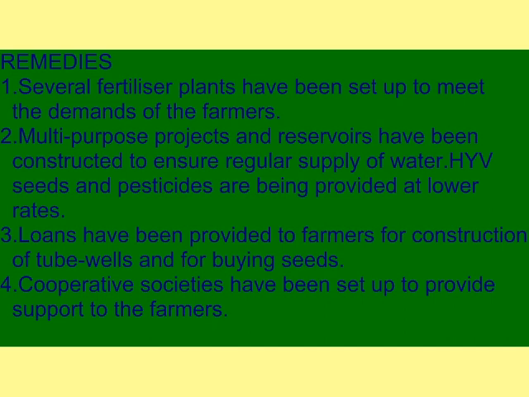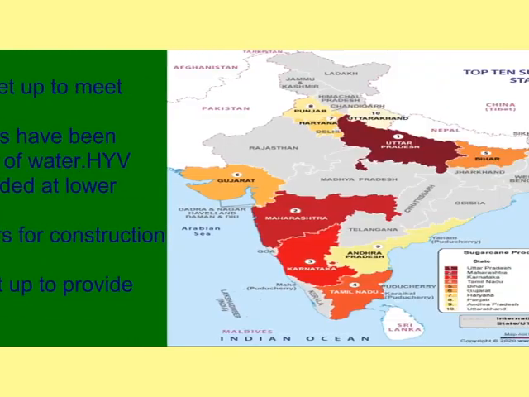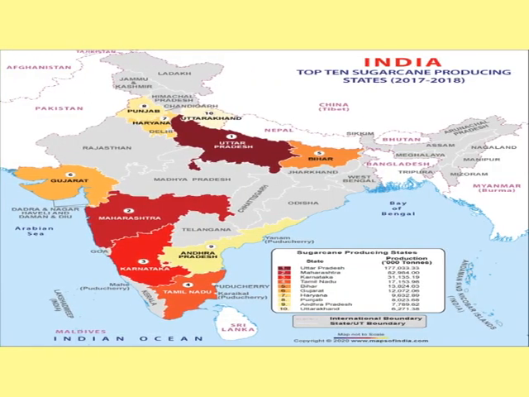High-yielding varieties of seeds have been provided along with fertilizer and pesticides. Loans have been given to the farmers for the construction of tube wells and for buying good quality seeds. And then cooperative societies are also there, which provide support to the farmers. So we can have a look at the map here showing the different states producing